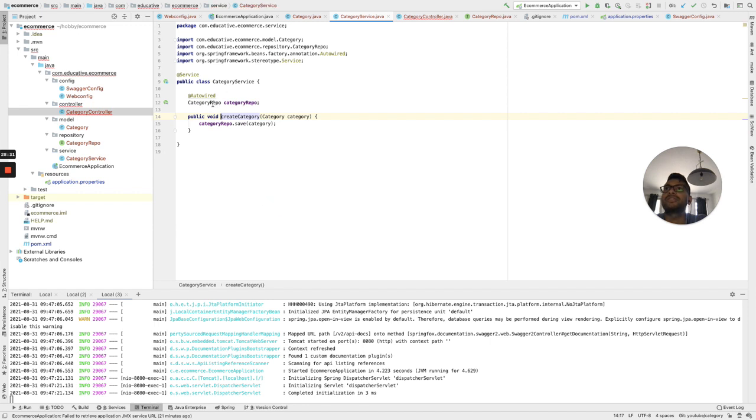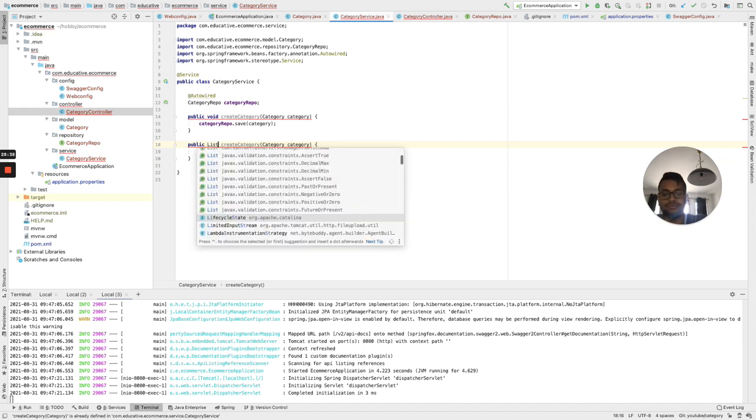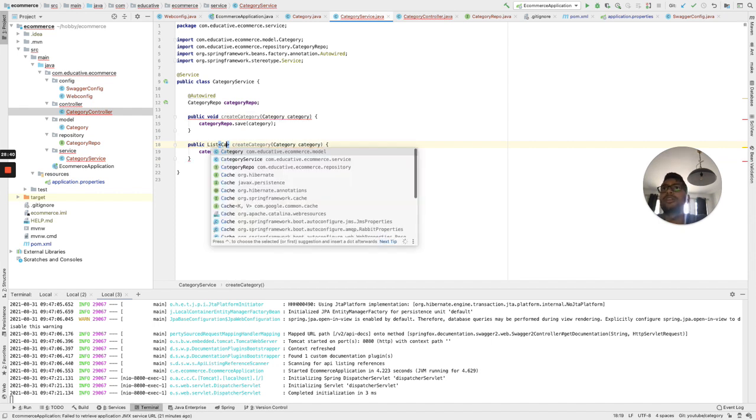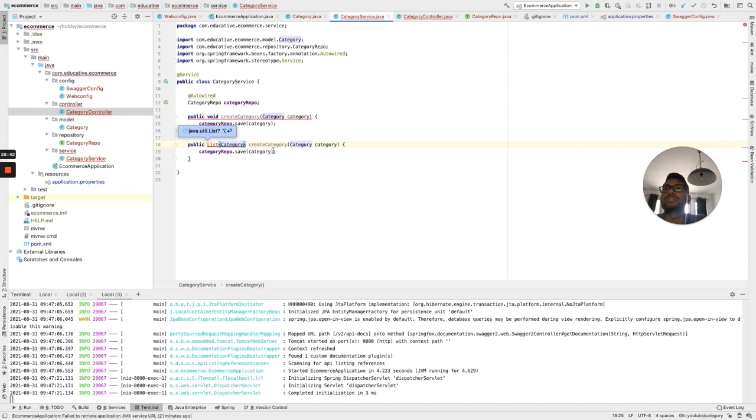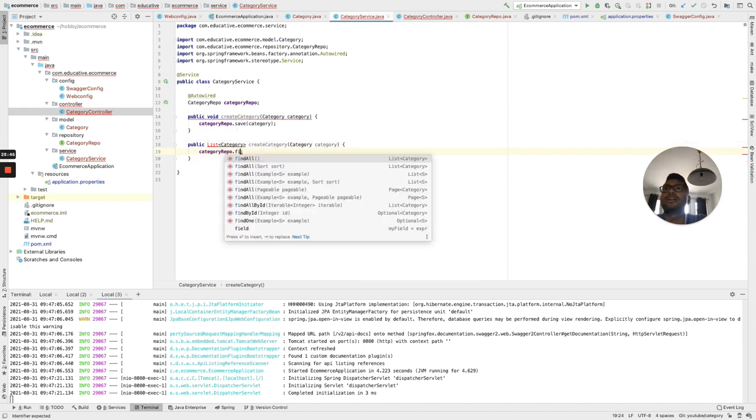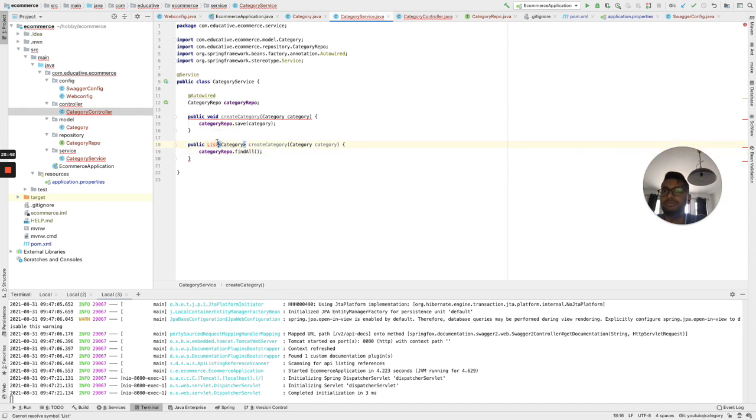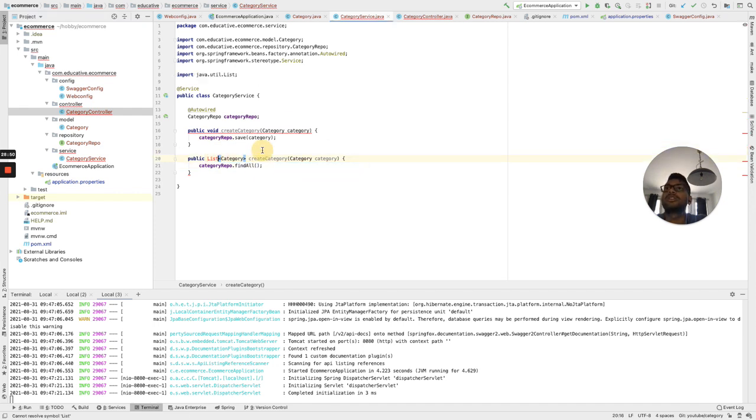For the category service, we have to create a list of category, which the categories repo will search with findAll. So let's make it listCategory, and it doesn't take any parameter.